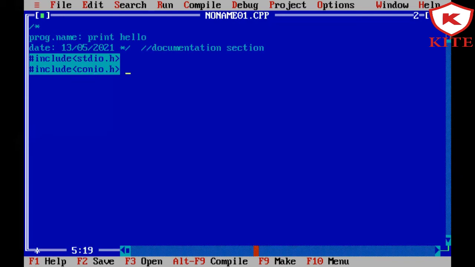Here we have to add two libraries like stdio.h and conio.h. Now stdio.h means standard input and output header file. It supports the printf and scanf functions. The second one is conio.h. It is a console input output header file, and it supports the clear screen function and getch function. Okay. Now the first one is the documentation section. Now these are the link section.